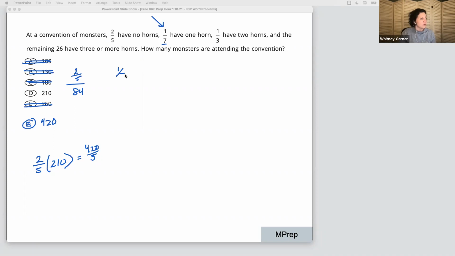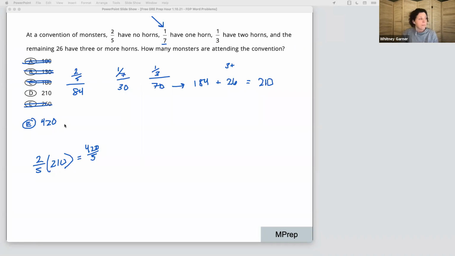A 7th, which in this case is a little easier to calculate, is 30, have 1 horn. And a 3rd, which is 70, have 2 horns. So far I've got, throw it again in your calculator, 84 plus 100, so 184. And so does that leave me 26 left to get there? This total is 184. If I then added the 26 remaining, these are my 3 plus horns, I do in fact get 210